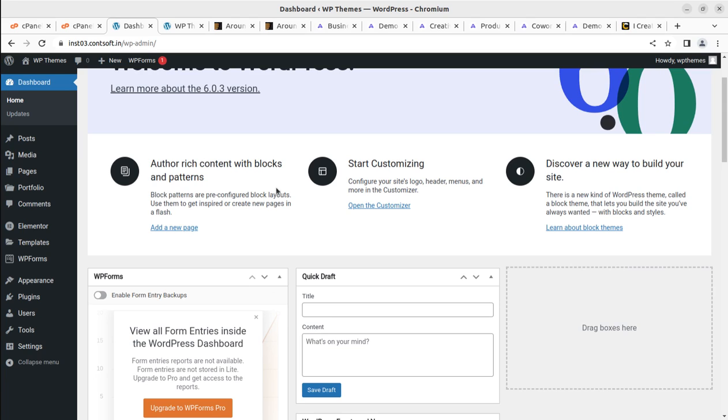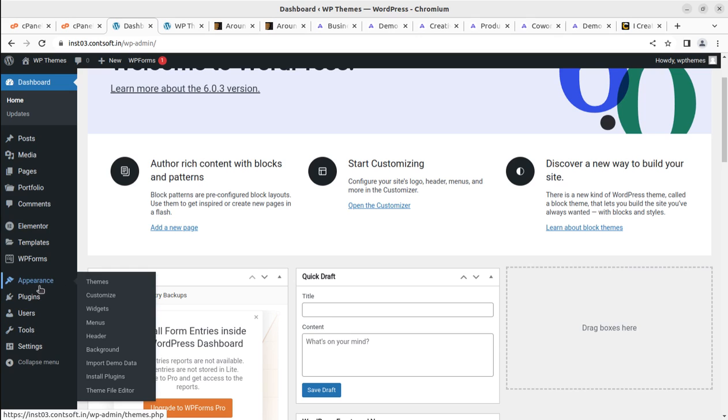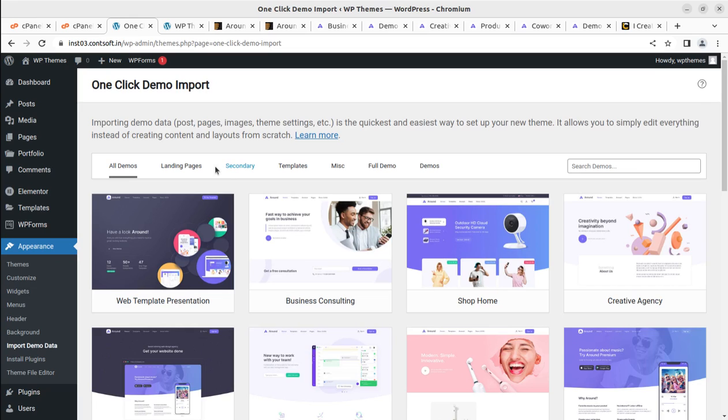So I have seen that demo imports bring all unnecessary files along with the necessary ones. There are several unnecessary media items and pages that are not required, and it actually confuses us, and it is not even good from an SEO perspective. So if we have got only the desired page, it is fine. So we can go ahead further for importing the rest of the pages, just in case we want secondary